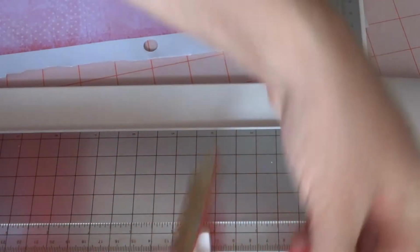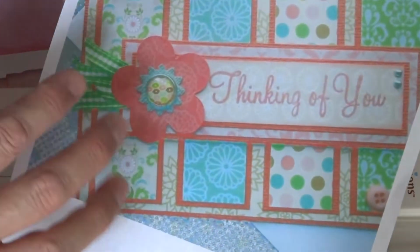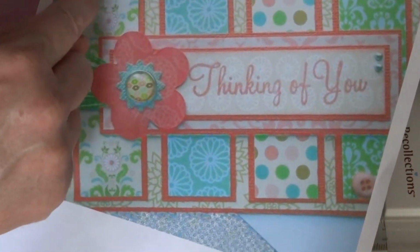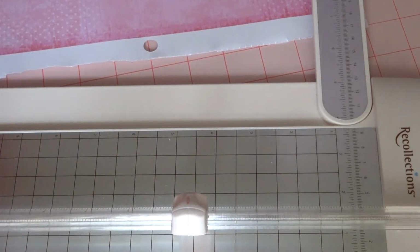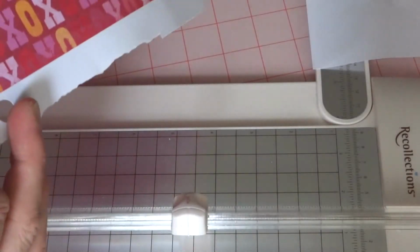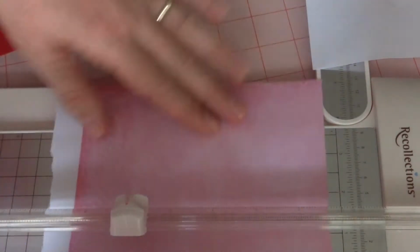Okay, so that's those 4. Now, let's pull our picture back. Alright, now we've got this piece here. And to me, it looks slightly wider than the strips this way. So I'm going to make it a 1 1/2 inch strip of a pink. So I guess I'll use this one. This was from a Valentine stack, I guess. So if I use a 1 1/2 inch strip,